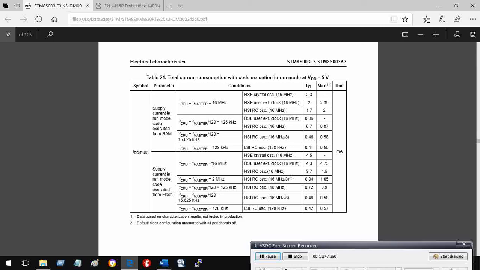We are going to use a 16 megahertz clock, and it is going to be an internal clock, not the external clock. So the high speed internal RC oscillator, which gives me 16 megahertz frequency, typically draws 3.7 milliamperes, but in the worst case it will draw 4.5 milliamperes.